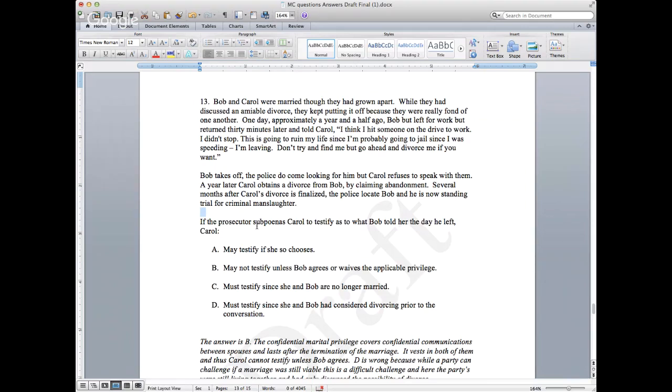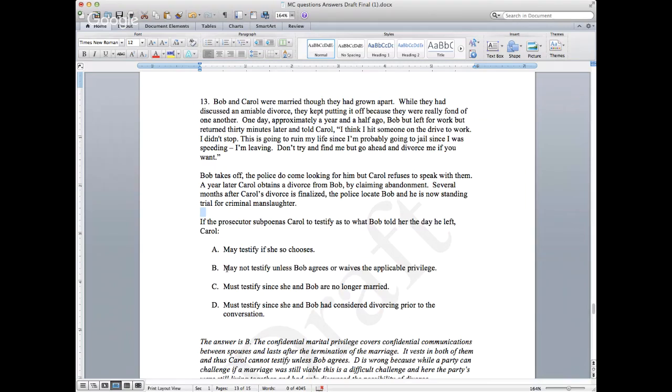But one privilege still survives, and that's the marital privilege. Things that are said within the confines of that marriage. Because Bob said this while they were married, it doesn't seem like she's going to be able to testify unless Bob waives it, because they both hold the privilege. If this was just spousal privilege, she could testify if she'd like. But here, because it happened within the confines of the marriage while they were actually married, marital privilege survives the divorce. And unless Bob says it's okay, which he'd be crazy to do, she's not going to be able to testify. So that's what we're looking for.